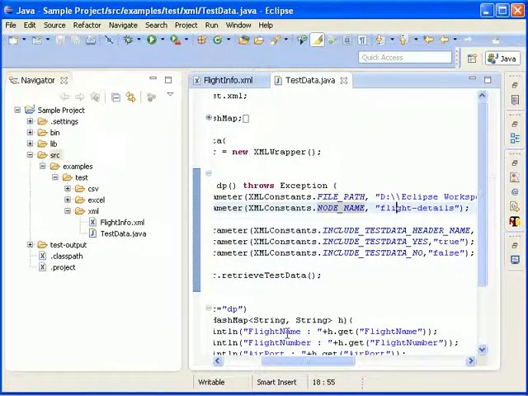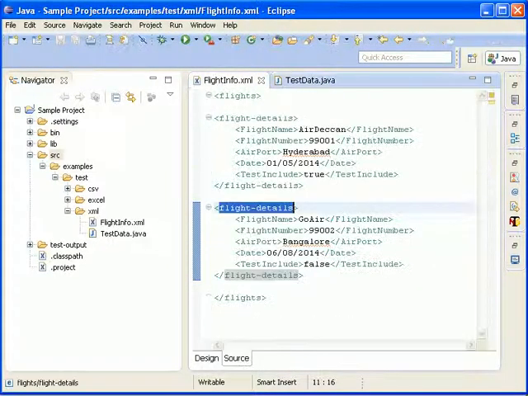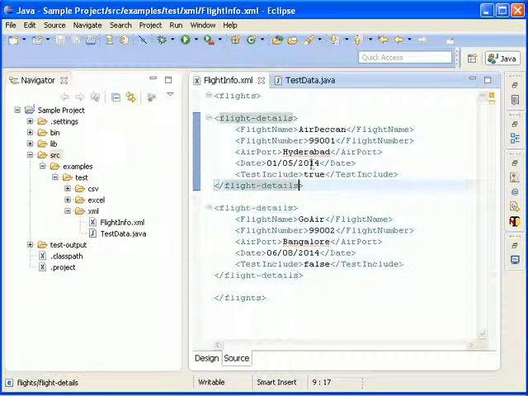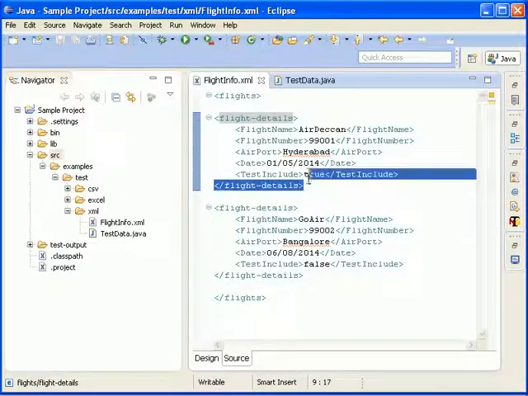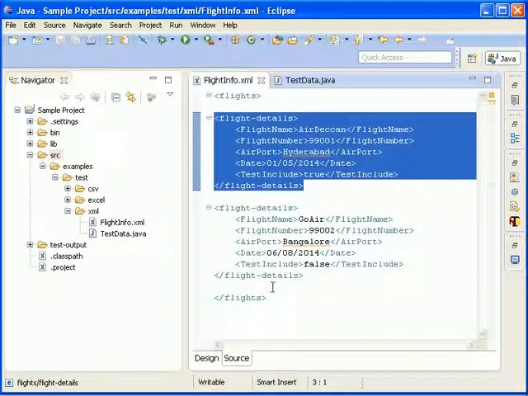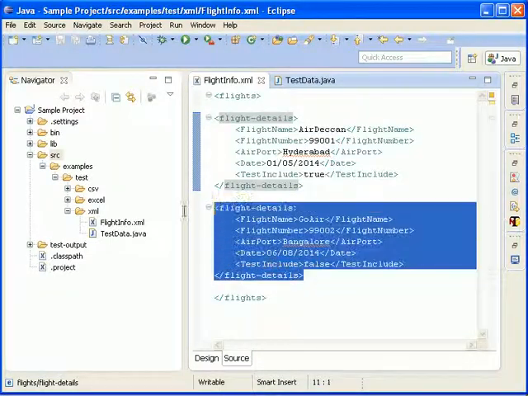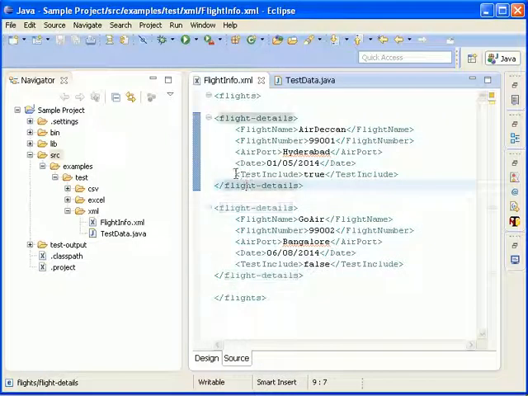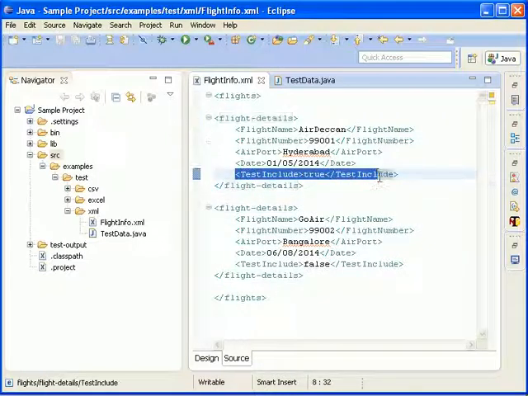What is new here is that if you have multiple test data and I want to execute only this test data and not that test data, it can be configured: testInclude equal to true, testInclude equal to false. In this case, testInclude equal to true means the data-driven framework will execute this test data.